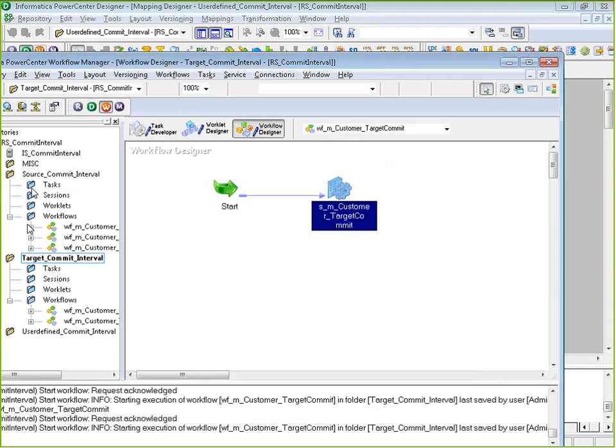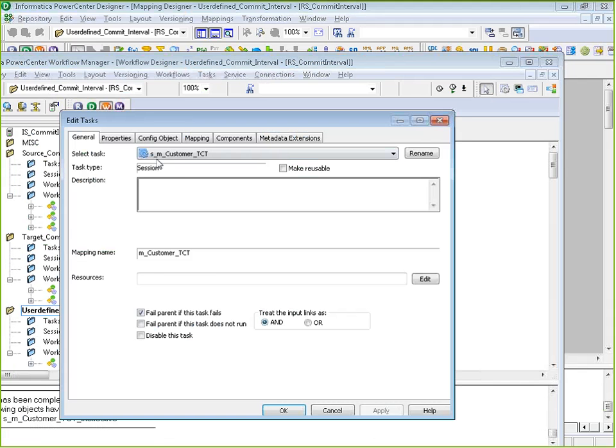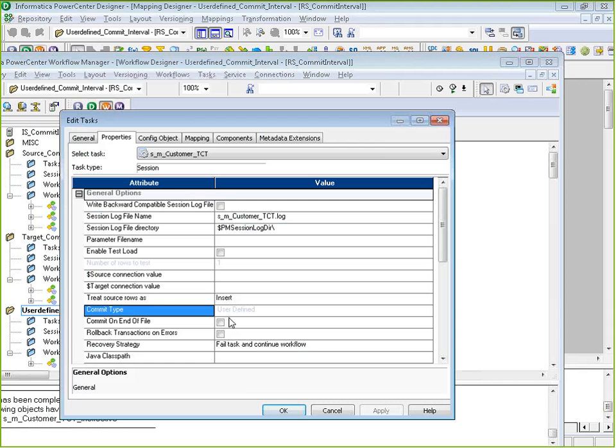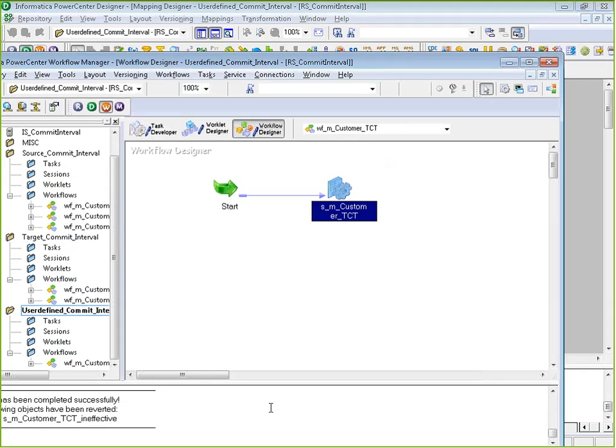So let me go ahead and open the corresponding session. At the session level, you can see the commit type as user defined. If you see here, I have not selected the property commit on end of file. If I go ahead and run this session, I can be very sure that rows